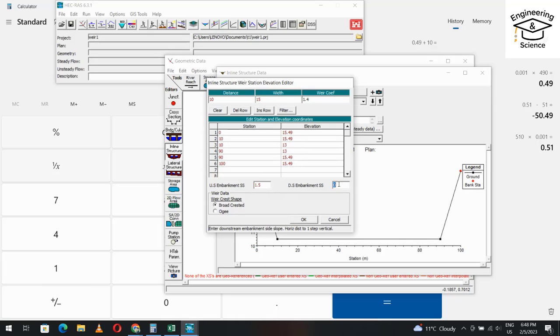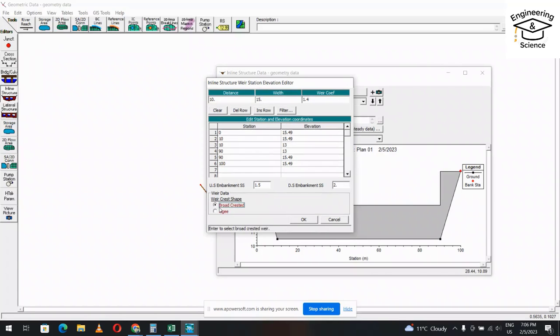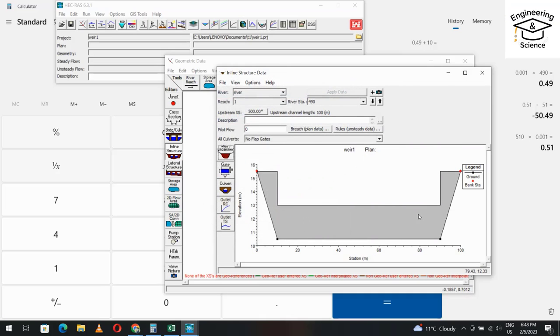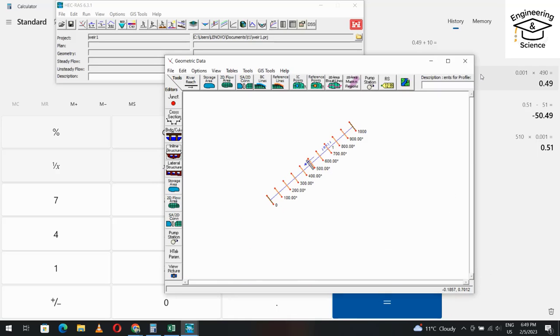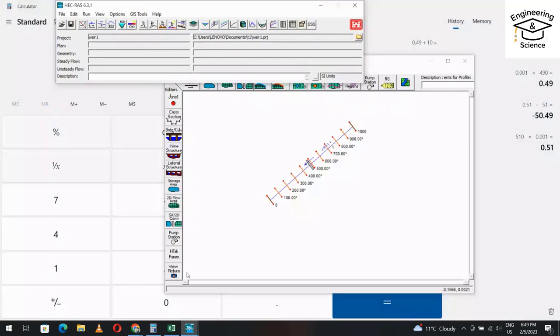From here, 1.5 and 2. We have two options, OG or Broad Crested weir. We selected Broad Crested weir. Okay, that's our weir cross section. Just remove this here. Then from here we have to